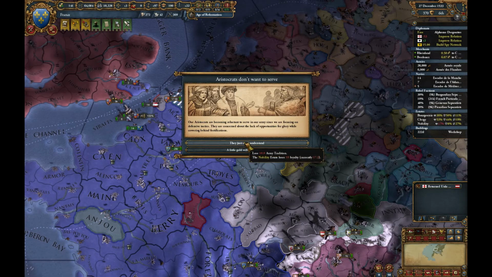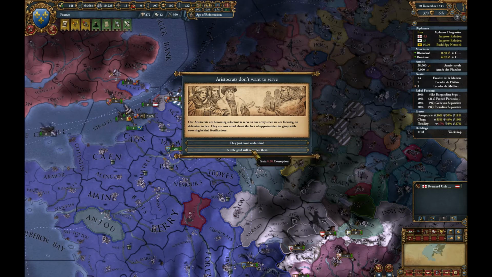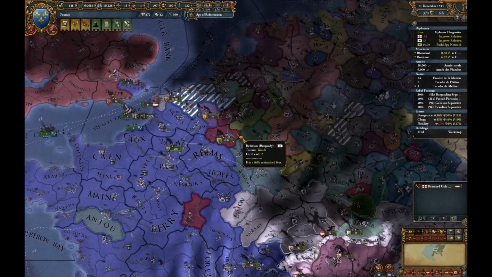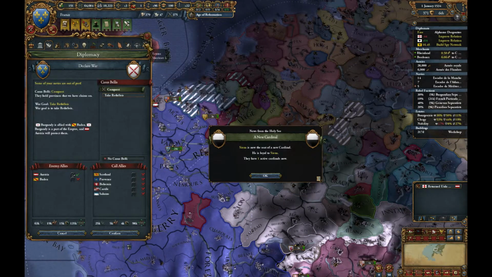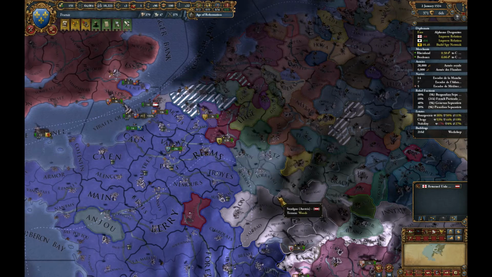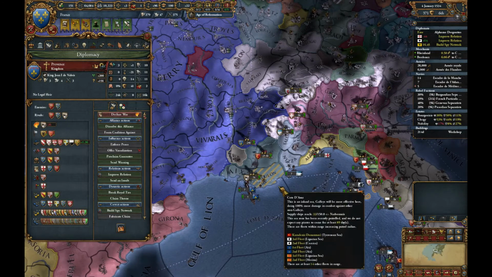Aristocrats, we either lose army tradition or we convince them with corruption. I don't really want to lose even more loyalty anyway. And losing army tradition is always bad. Yeah, Austria will still join in. That's Provence. Okay,